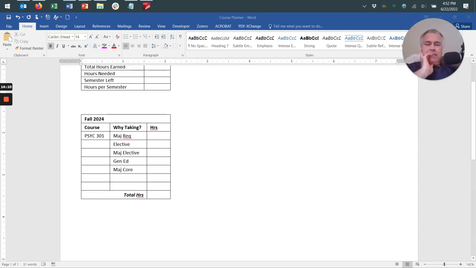Okay, and then what we're going to do is make this little table that has the courses that you're going to take in a given semester. And then we're going to copy that and make it so that you can have, say, 2 years worth of tables for what courses you're going to take in the next 2 years. Now, it may not be that you're going to necessarily take those courses that you lay out in that table, but